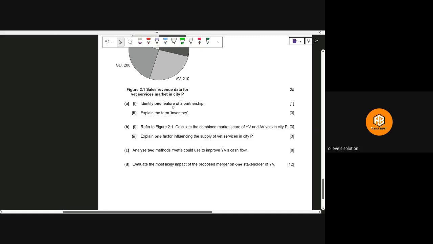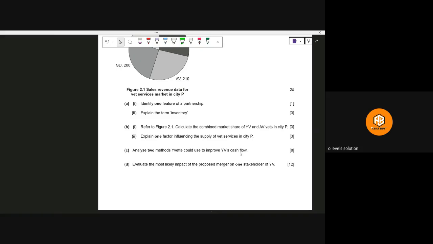But we haven't read the case study. Then part C is: analyze two methods why Yeti could use to improve the YB's cash flow. So there are different methods to improve the cash flow. For example, for improving cash flow, we can maybe use a kind of planning,